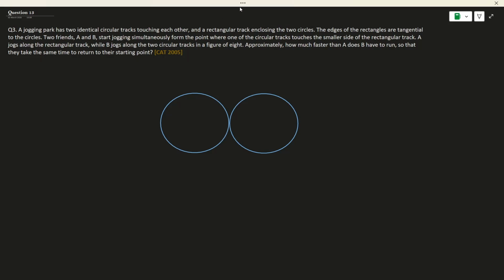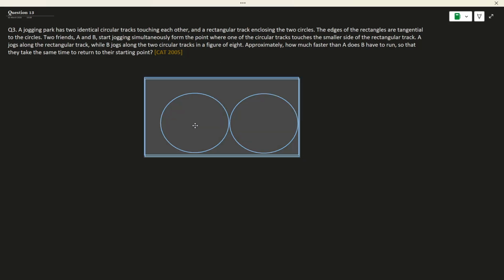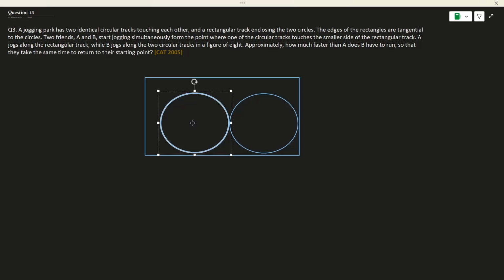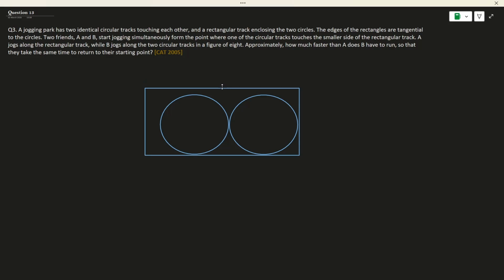All right, let me draw a rectangle then. Okay,